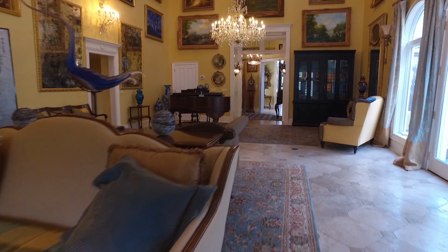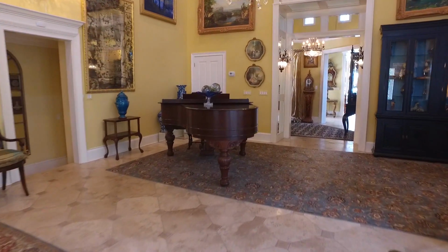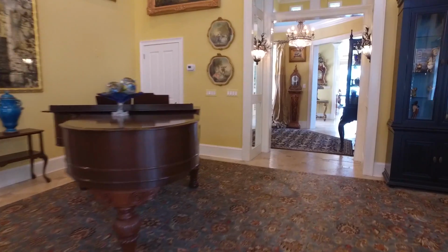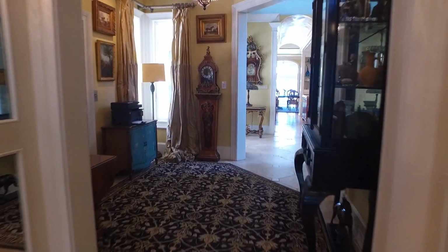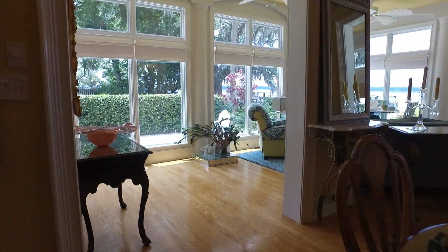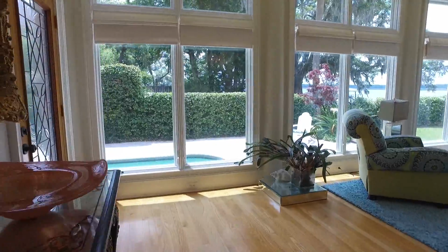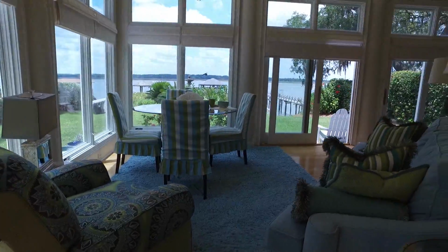If they don't have the skills or the time to do it, we can hire people out. I know all the best people. When it's ready, then I get the photographer in. And we spend hours to get the right shots at the right time of day, and even come back to reshoot if we need to. I employ drones and I employ video, whatever it takes to make that house shine, because that is very important these days with